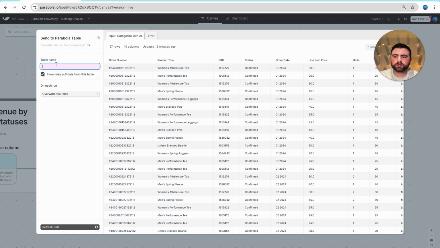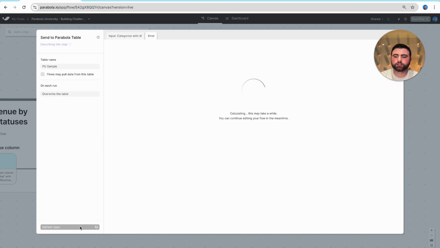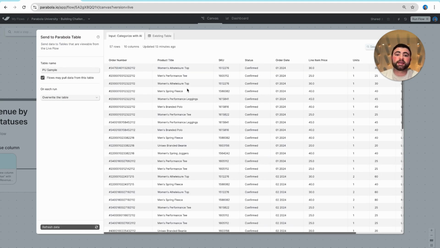And so here I will name my table Parabola University Sample. In this case, I actually want to overwrite the table every single time this flow runs with the most recent data. But we also could, for instance, append new data every time the flow runs, or even update existing rows in the table, much like you would with a database. In this example, I'll show updated results here to save what I've done,